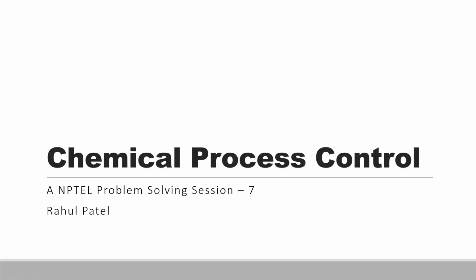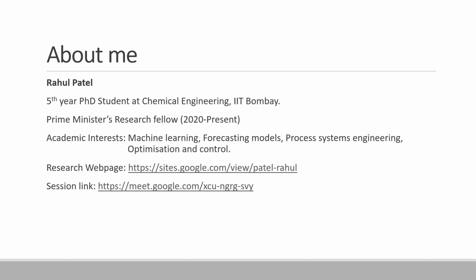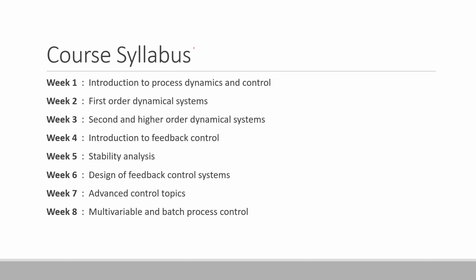So this is lecture number 7, and in the earlier classes we had covered the introduction to the course. Then there were different approaches to represent the system, that is, to generate the models for the system. For that we looked at first order dynamical systems, second order and higher order dynamical systems. This usually gives us process transfer functions, which you can also call process models. Using this transfer function we can analyze the stability of the system,